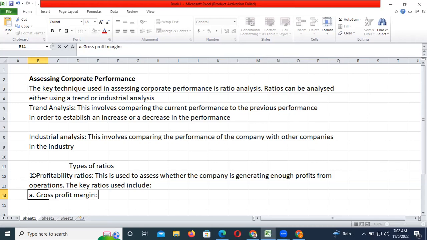On every sale you make, what contribution do you earn? What you want to assess here is how the company is controlling its variable cost. This measures the contribution earned on every